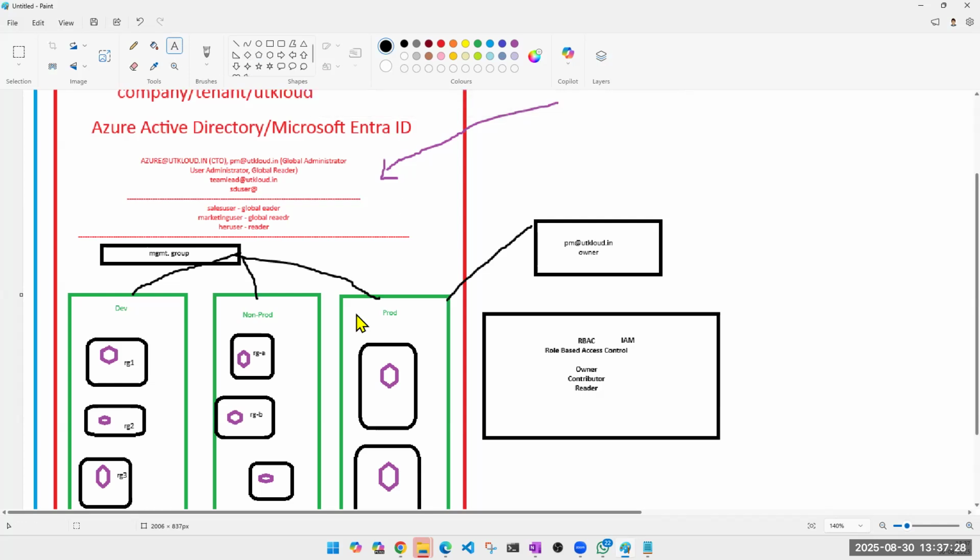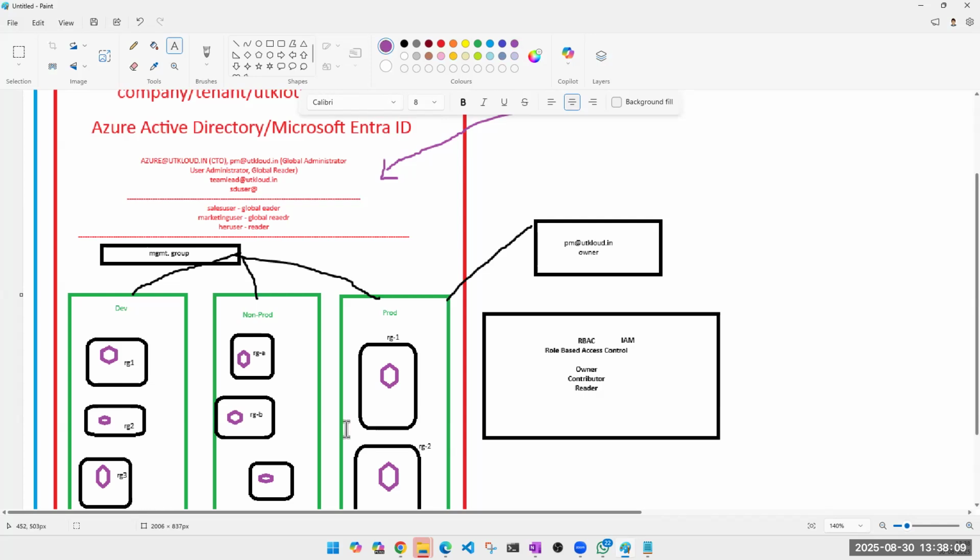So under this prod subscription, we have resource group 1, because different subscriptions are different. If I have a resource group 1 under another subscription, that doesn't stop me from having another resource group with the same name in another subscription, because these subscriptions do not talk to each other. They don't know what resource group names you have. Otherwise, if I have one resource group here named resource group 1, I can't have another resource group with the same name in the same subscription. But in different subscriptions, you can.